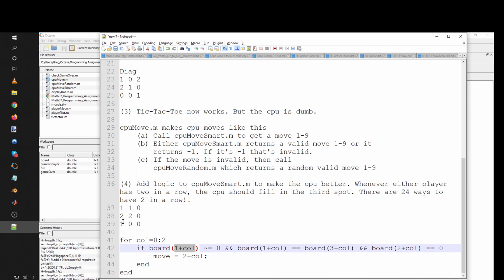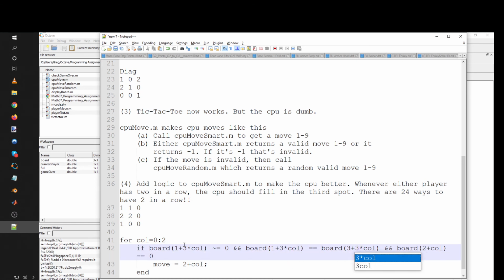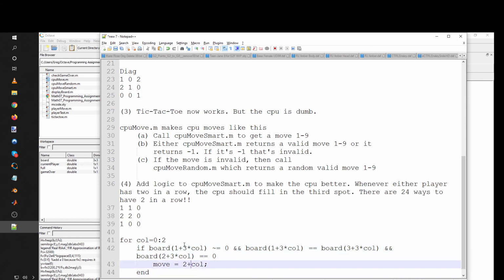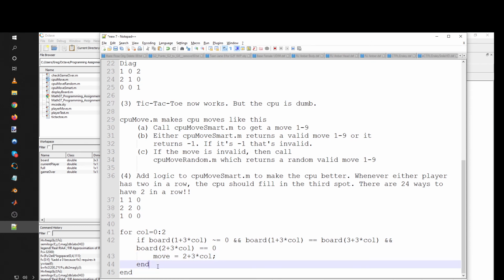This is 1, 2, 3. The next one would have been 4, 5, 6. So it would actually have to be 3 times the column. 3 times the column. I think that's right now. Because if you look at it,